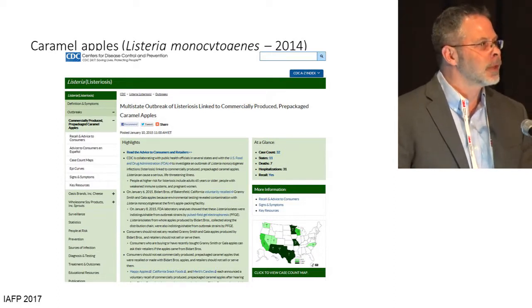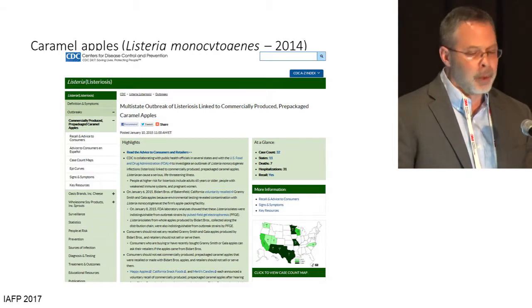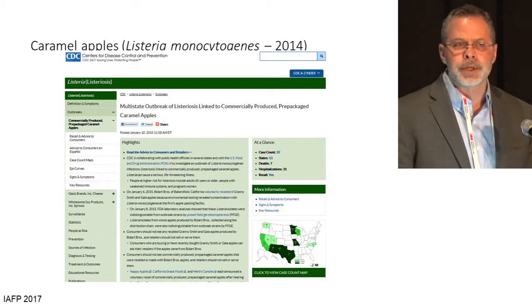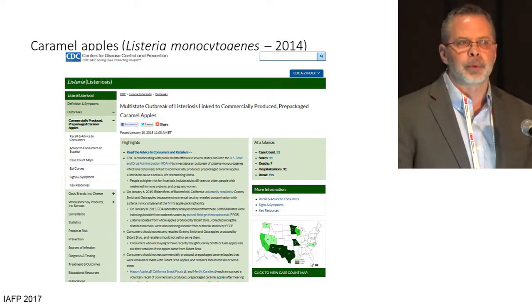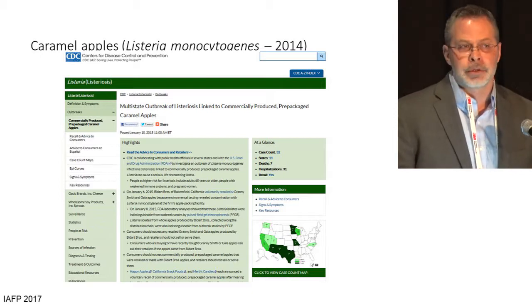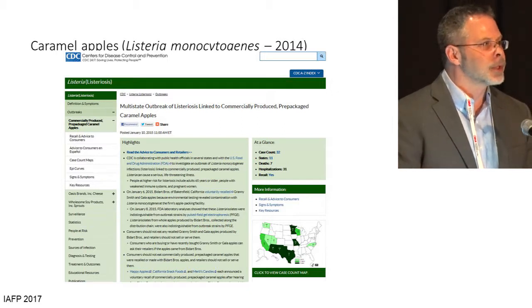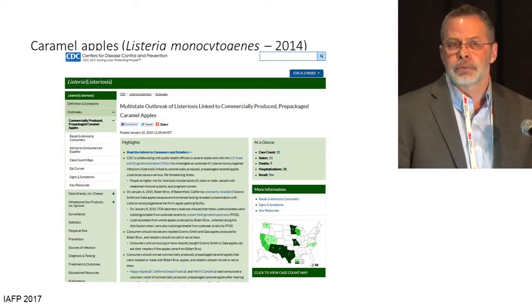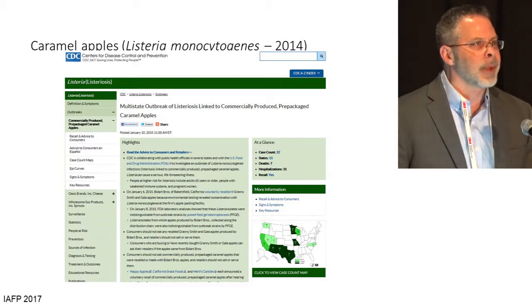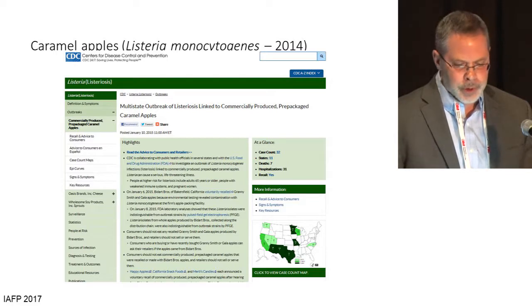So caramel apple, this is one certainly we don't want to have a Listeria risk in caramel apples for consumers. But when we had this recent outbreak, we saw that there were some risk factors we really hadn't thought about in how some of these caramel apples were being marketed and distributed and stored. And so the factors involved in manufacturing these apples, in storing them the way that they were stored, led to a growth of a high level of Listeria and led to a consideration that we hadn't really thought of up till then on how we should be managing caramel apples. When in retrospect, we can see how those risks could occur.